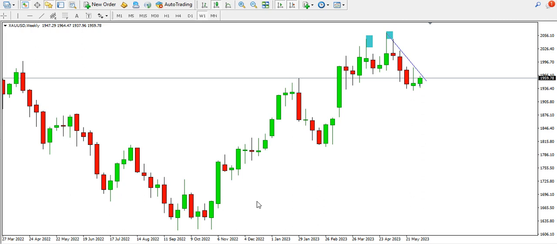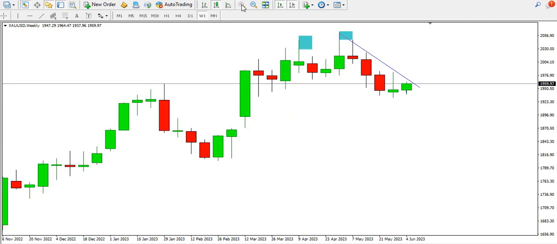Today we'll be looking at how we can trade XAUUSD, GBPUSD, EURUSD, and USDJPY on the lower time frames. But before we check the lower time frames, we are going to take a look at what has happened on the higher time frames. Right, on the higher time frame for gold, I am on the weekly time frame, and